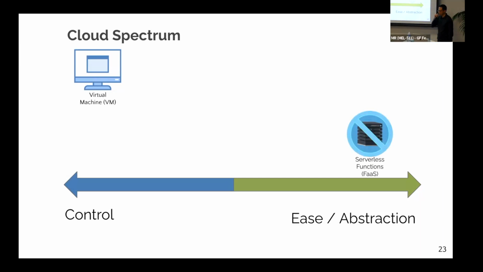Later, I think it was 2013 or something, Lambda came in, and that was serverless functions, function as a service, where you have a lot of ease and abstraction. The only thing that you're doing is throwing the code over the wall, and then it's running. But then what you lose is control. You cannot SSH into that machine and check what's happening, like how much memory it is using. Compared to that, in a virtual machine, you have full access. You go in as a root user and potentially check or change anything that you want.